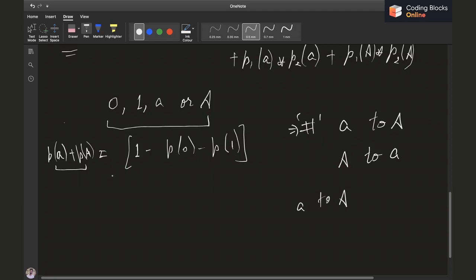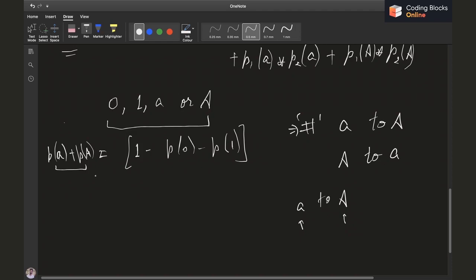So the values of p of small a and p of capital A are going to be equal for each case, because they are just names of the variables. We can choose any name, we can just replace the names to get the other value. To get capital A instead of small a, we can simply replace all capital A's by small a's and all small a's by capital A's, right?